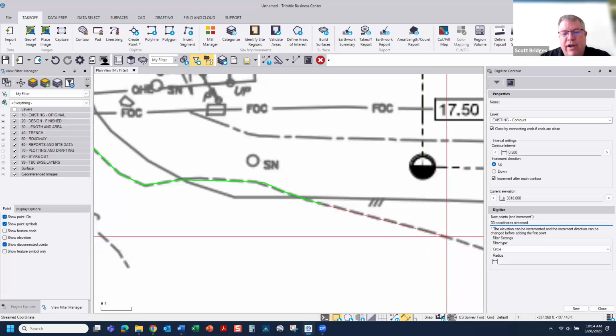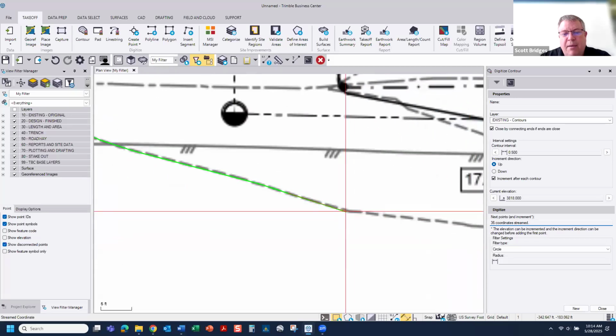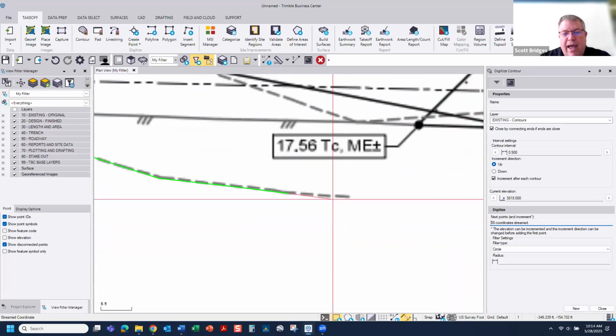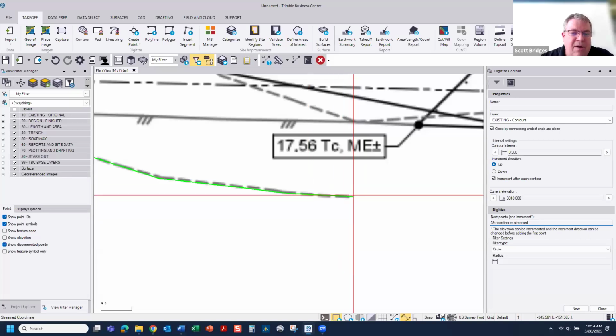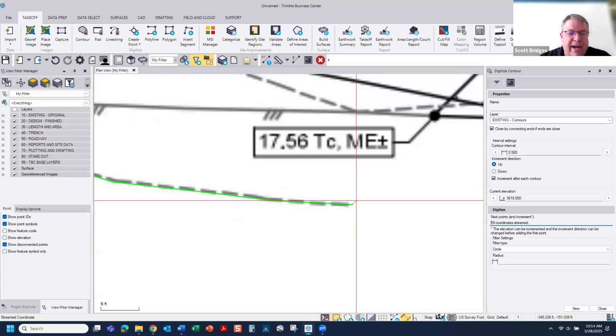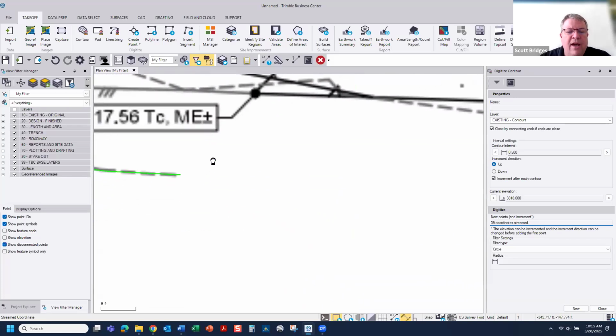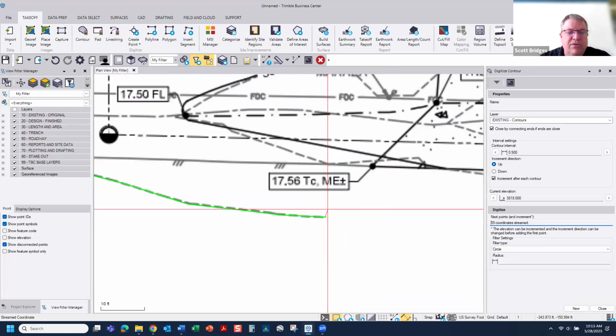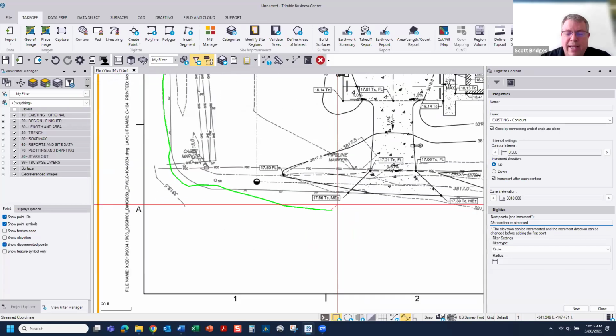As you get near the edge of your screen, it will automatically pan over for you, so you don't have to do that. The way you navigate with your mouse in Business Center is you wheel forward to zoom in, you wheel back to zoom out, you hold down the right click to pan. So those are a couple of basic features. When I get to the end of the contour, I'll hit the enter button. Now I'm ready for the next one,